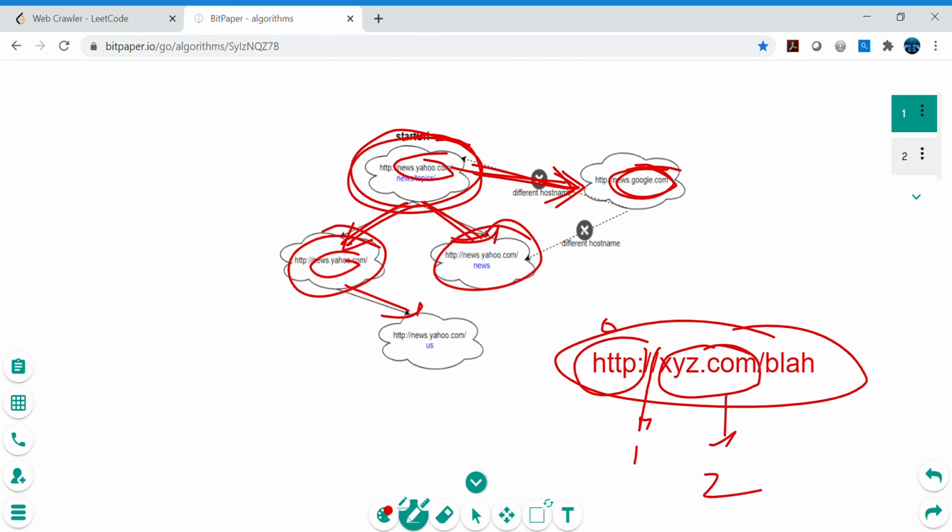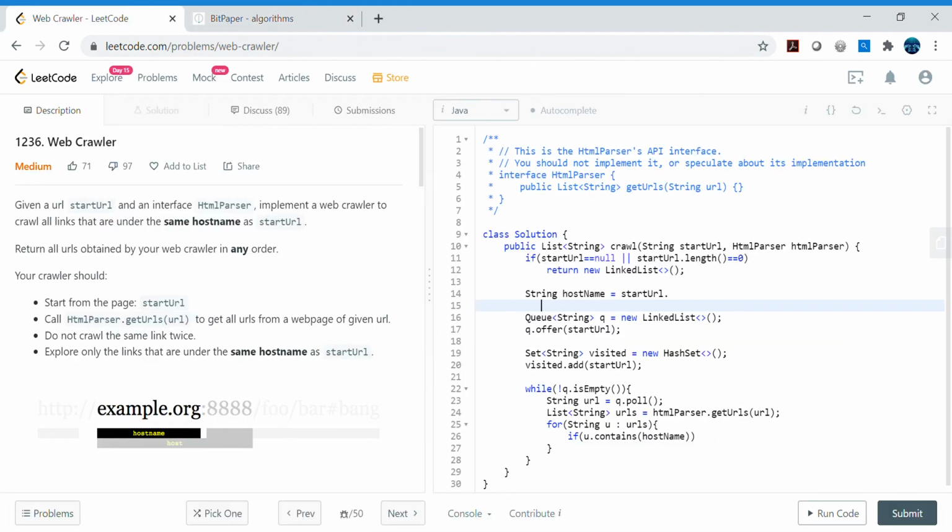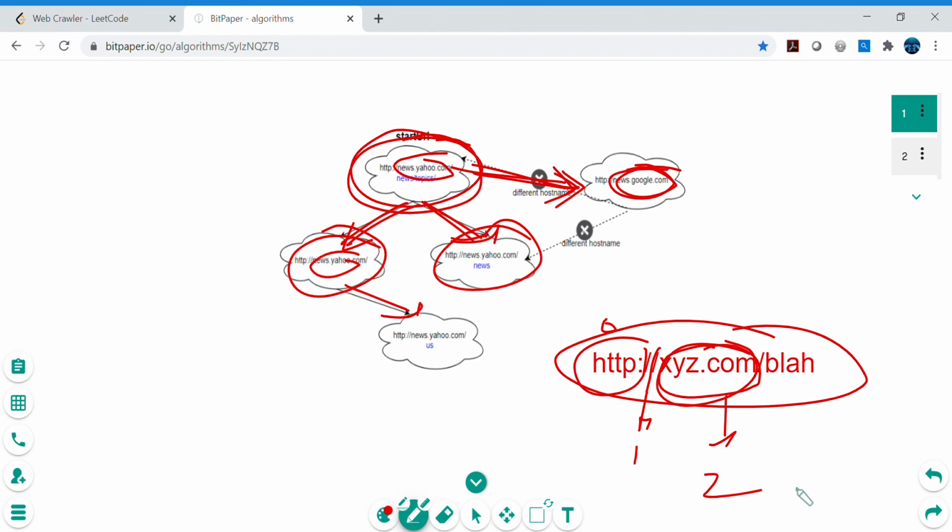So whatever will be on my second index, that will be my host name. Okay, so that's what I can do. So let's go ahead and do that. Start URL dot split based on this slash, and then this is the second index. As we have seen on the whiteboard, we will do the split with the slash. Basically this is the first part, the second part is this empty thing, and the third part, the second index, will be our host name.